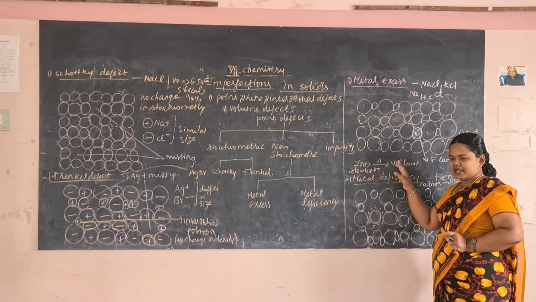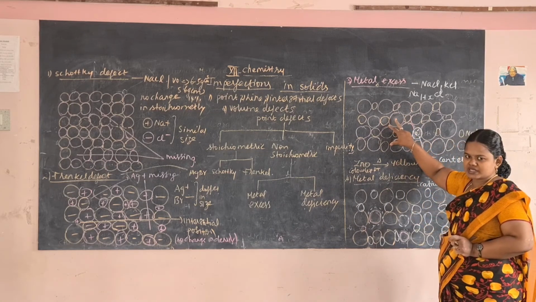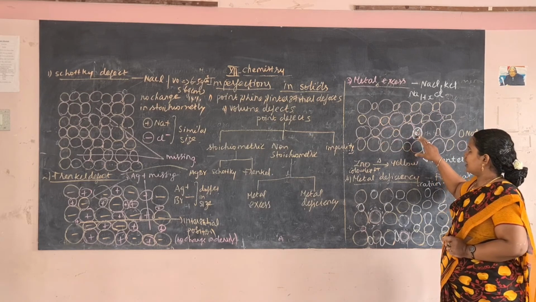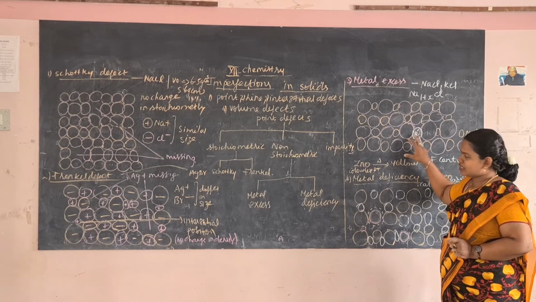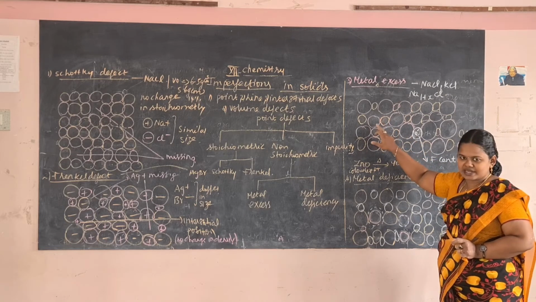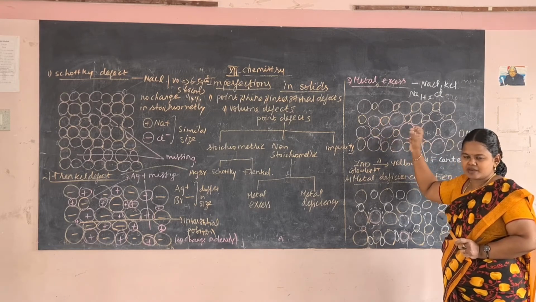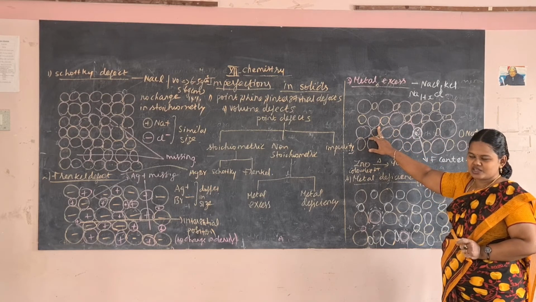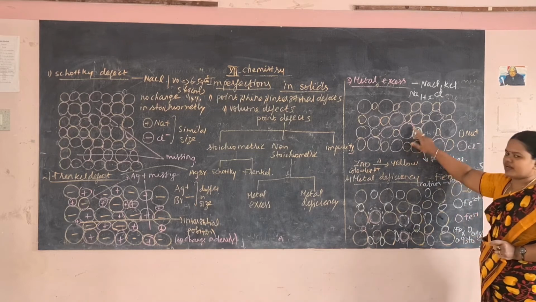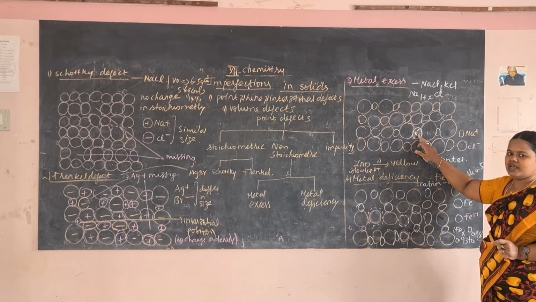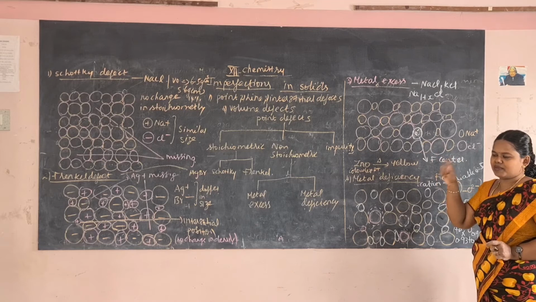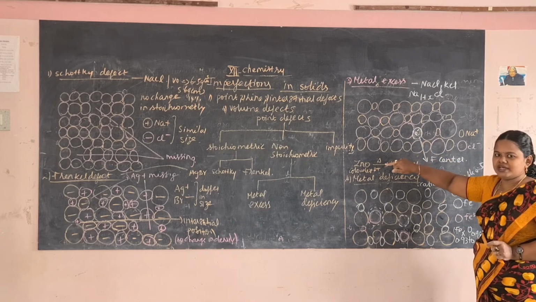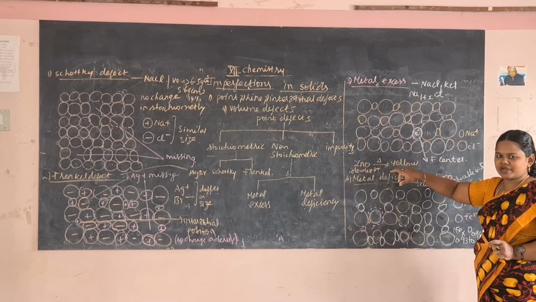And here the example for metal excess defect is that this NaCl is taken, and when it is heated and sodium vapors are passed over this NaCl, what happens? The Na plus ion will be present and the Cl minus ion that was inside the crystal will diffuse. The Cl minus ion will go toward the Na plus. Then there will be some vacancy in the crystal. So the Cl minus ion creates a vacancy. When Na is Na plus, the electron will be lost, and that unshared pair of electron will move into the vacancy created by the Cl minus.